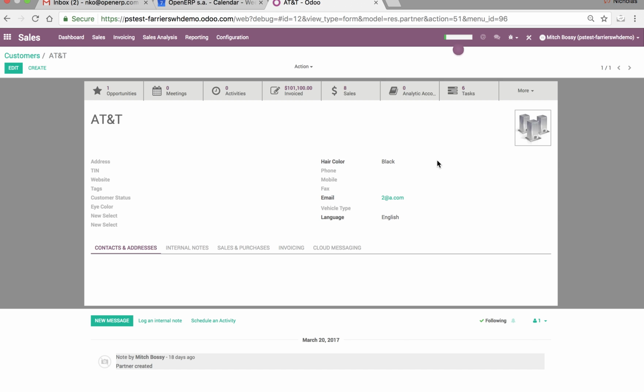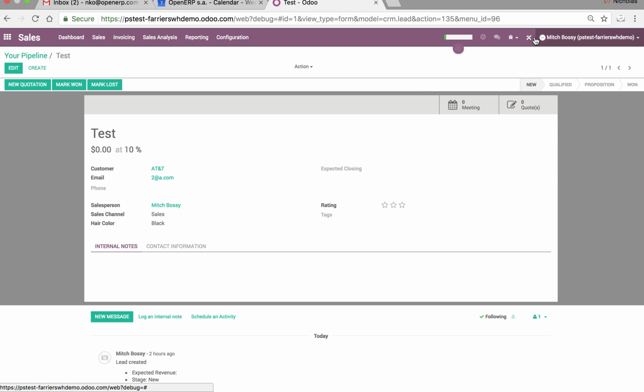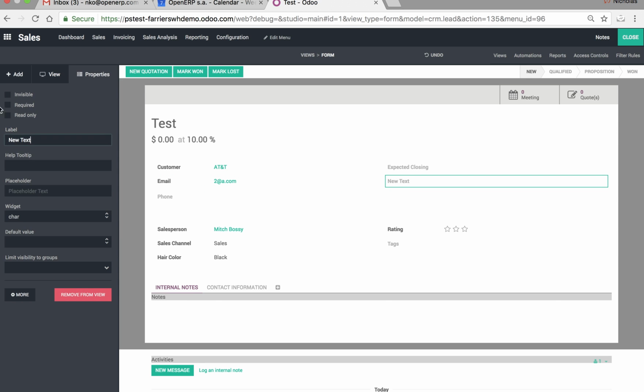Now, what we want to do is on every lead that's created for this customer, we want to reference that vehicle type and we don't want to think about it. We want to just have it automatically populate. So what we can do is you open up a lead and we create a field here for the vehicle type because that information needs to be stored in a certain place. So once we do that, then we let the magic happen. Reference, vehicle